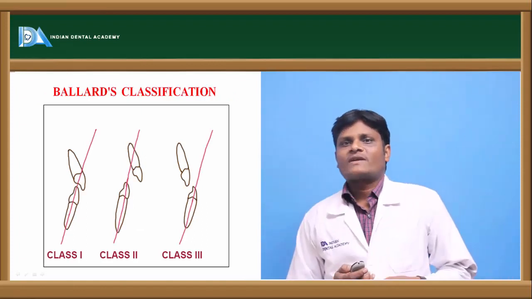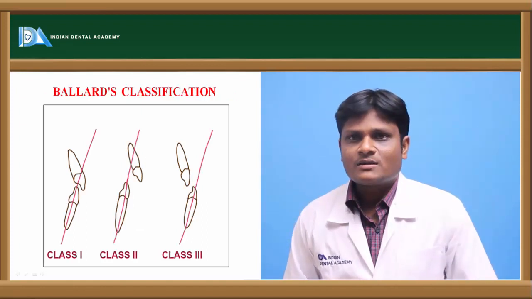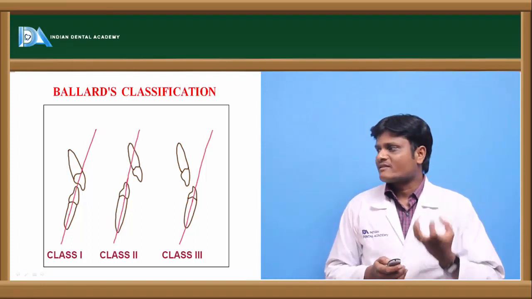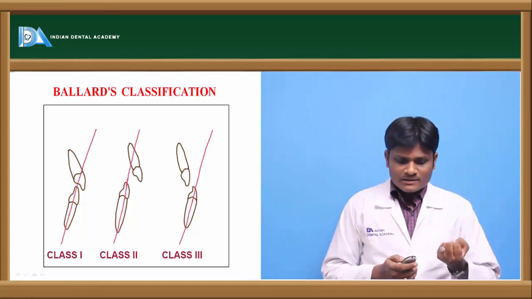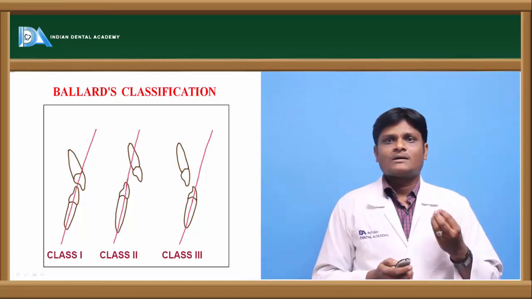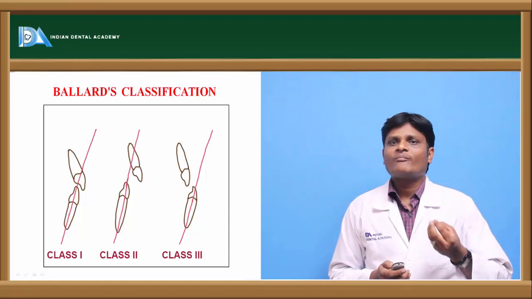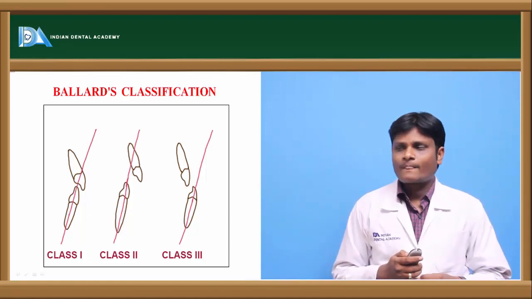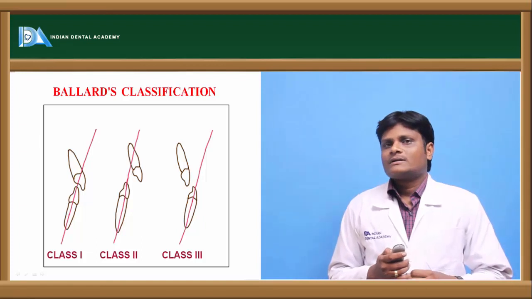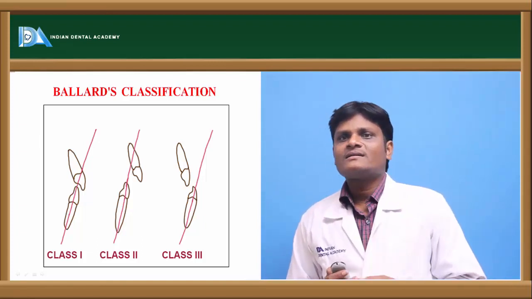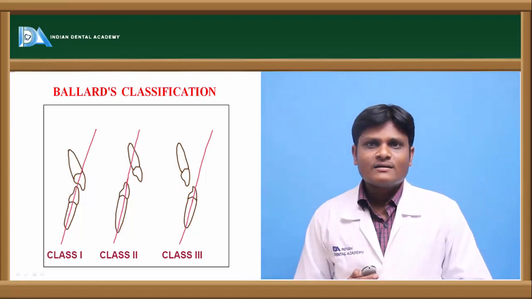One more system of classification is Ballard's classification. This is also called the classification by the British Standards Institute. This system of malocclusion classification is based upon the relationship of the cingulum of the maxillary central incisor and the incisal edge of the mandibular incisor. If the incisal edge of the mandibular incisor lies just beneath the cingulum of the maxillary incisor, it is called